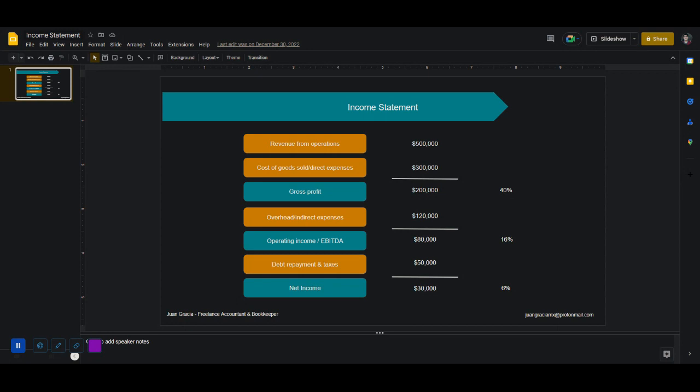So you get to see, okay, my operating income after direct and indirect expenses is going to be 16 cents for every dollar of revenue, and your net income is after taxes and debt repayment, and you're going to see, oh, okay, for every dollar I get to keep 6 cents,